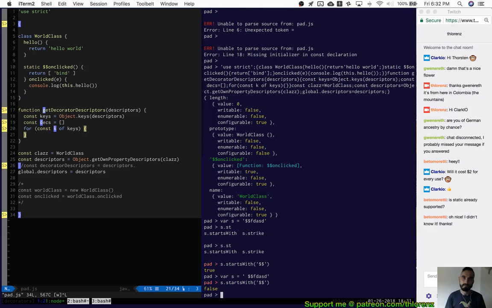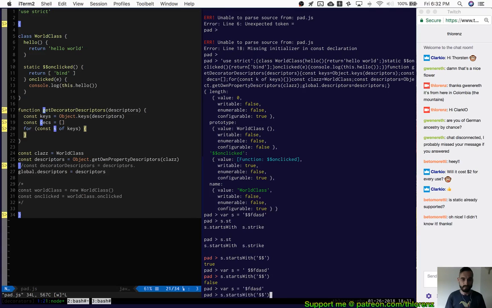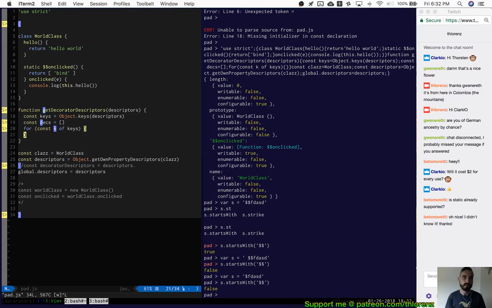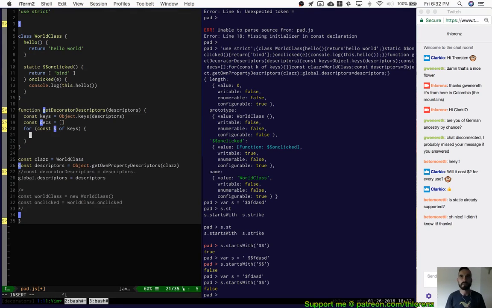How would you add spaces? Couldn't do that, right? But let's try another one. Let's just try one that only has $1, and let's try it again. Okay, so starts with works really well, and I would argue that starts with probably is a little faster than